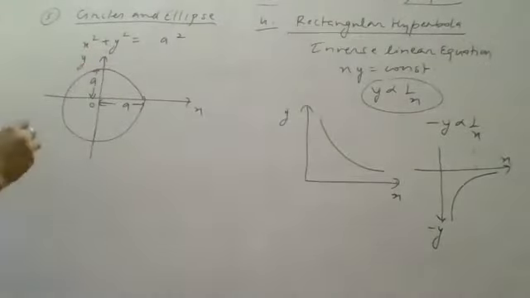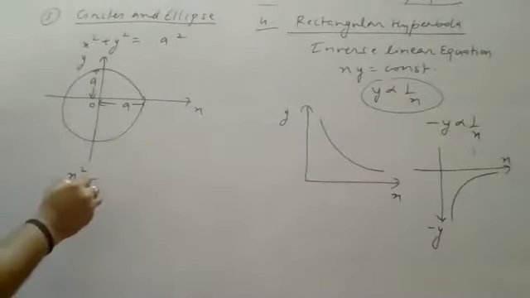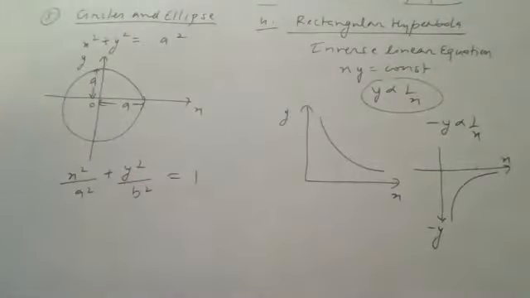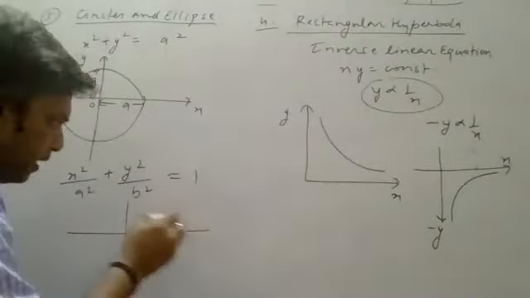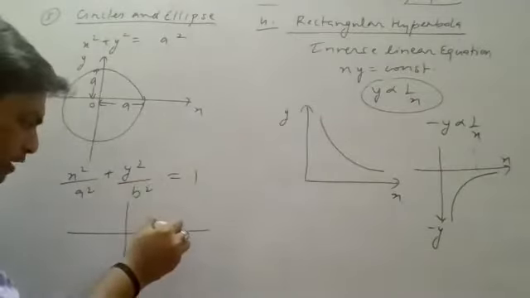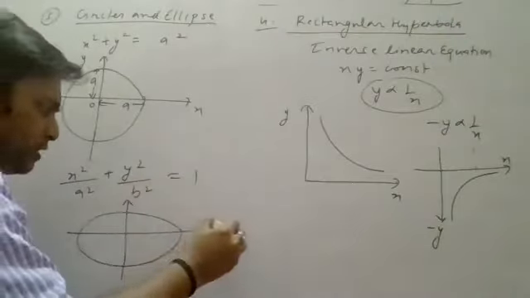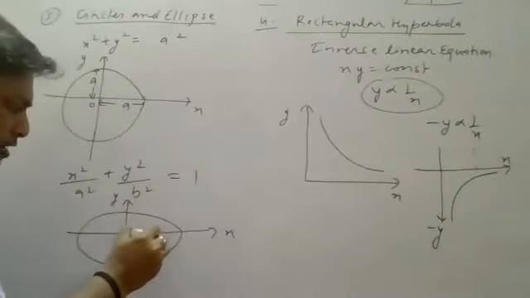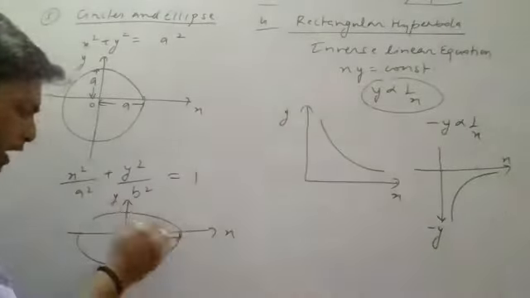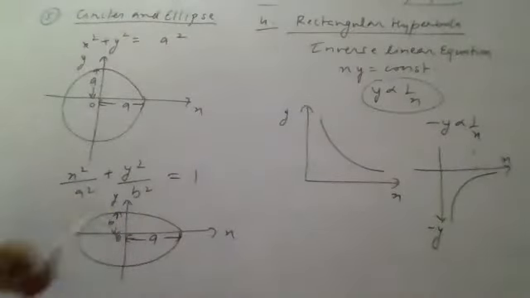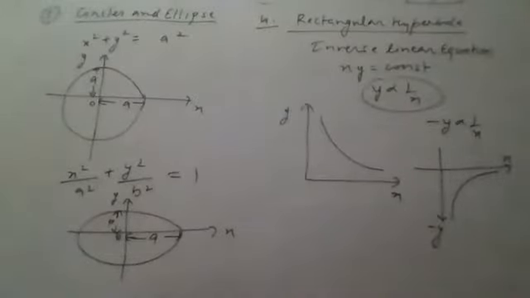And for the ellipse, what do you get? x square by a square plus y square by b square is equal to 1. And how will this shape be? a and b both should be different. If these both are different, then your shape will be in this manner. This is x, this is y. Let this horizontal side be a, and this side I am considering as b. If a and b both become similar, this ellipse will convert to a circle. It is a circle and ellipse graph.